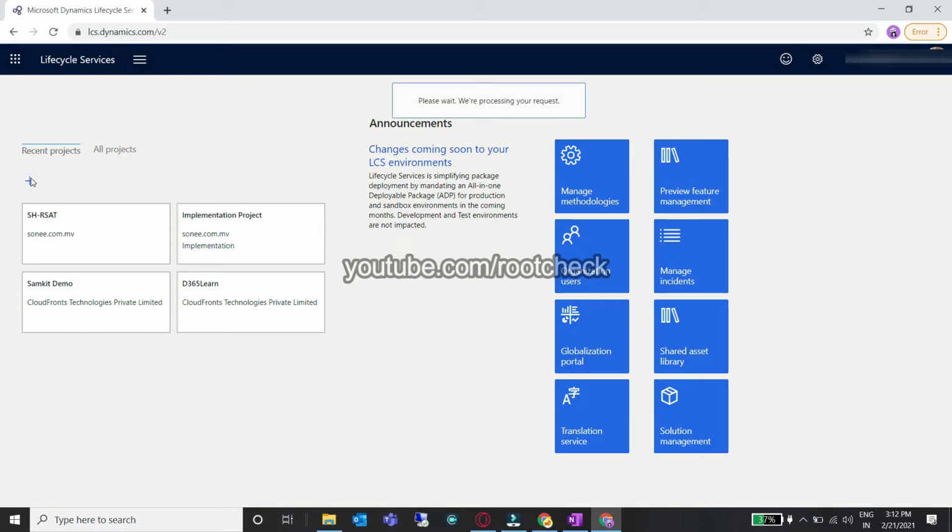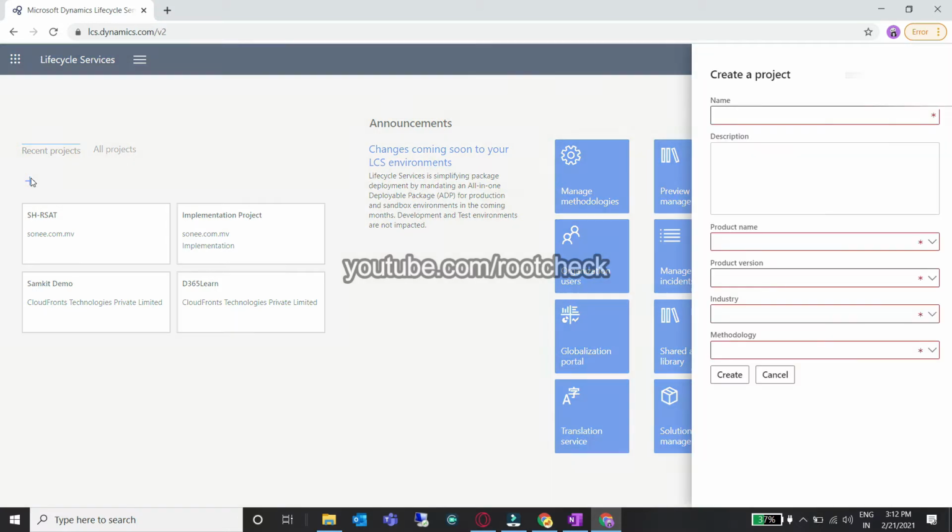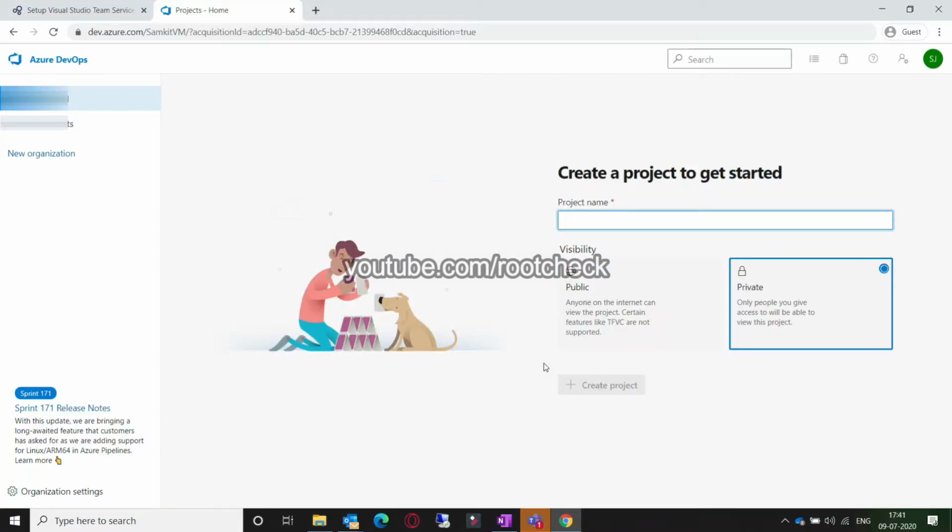So here is the home page, you can click on that plus button, and after clicking on that plus button you would get different options such as project name and different methodology as well as the product name. The product name would be finance and operations only, any methodology would be fine, and you can tick this button so you could get the existing users from the implementation or main project. I would suggest to tick that also.